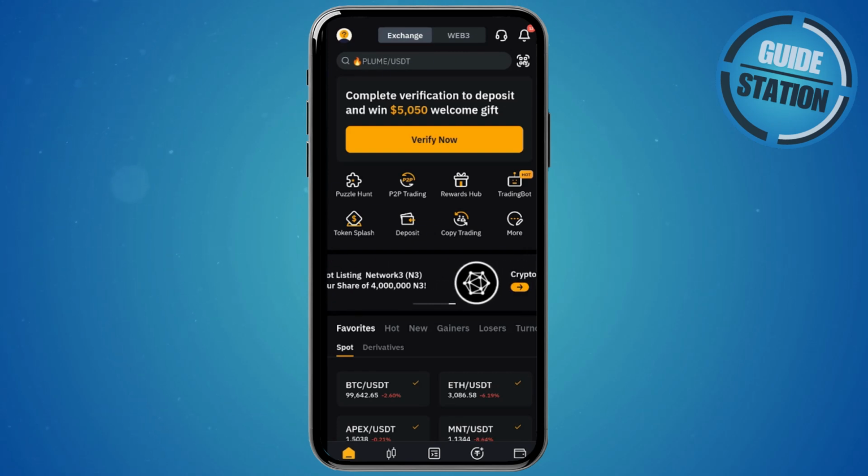Today I'll show you how to transfer crypto from Trust Wallet to Bybit step by step. So let's get started. First off, you just have to open your Bybit app,